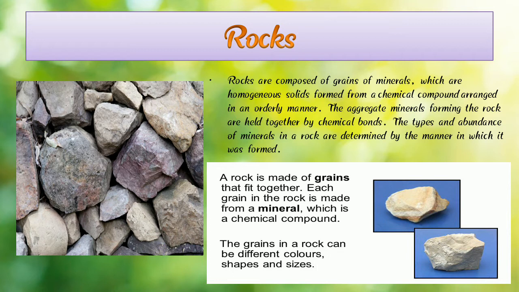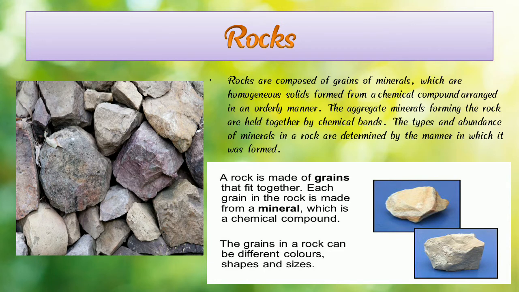So, rocks are composed of grains of minerals, which are a homogeneous solid form of a chemical compound arranged in an orderly manner. The aggregated minerals forming the rock are held together by chemical bonds, and the type and abundance of minerals in a rock are determined by the manner in